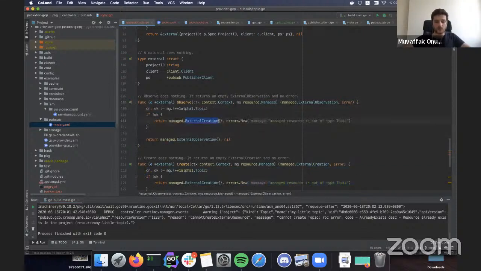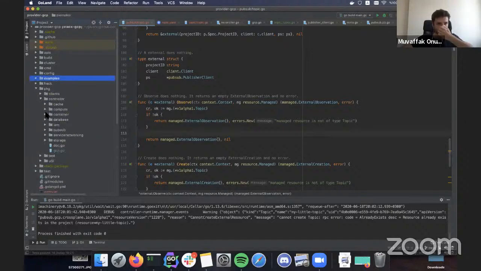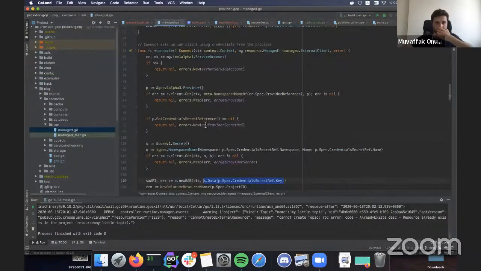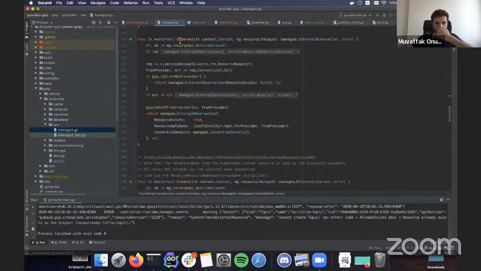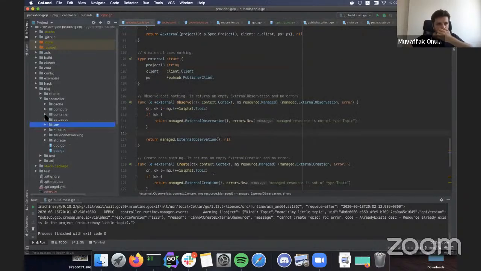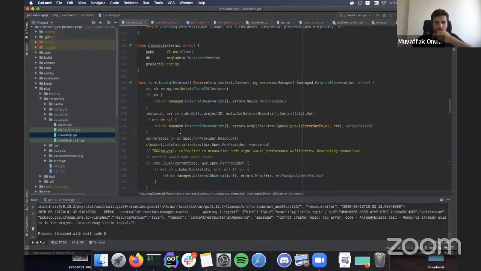Okay, so as we did for others, you can just take a look at another example resource and see how it's implemented, and get some clues about what is expected. So actually, I would like to look at Cloud for this one.